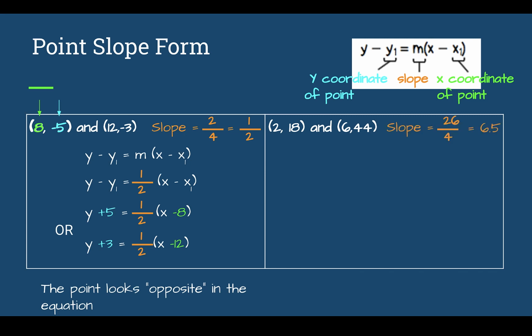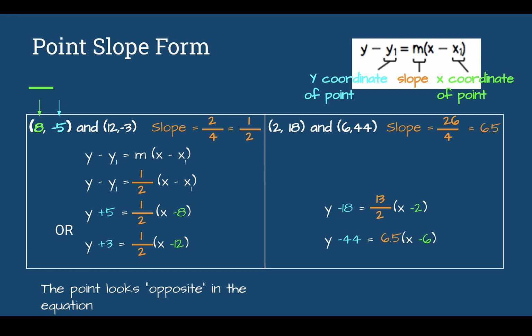Let's check. So the slope, you had to go up 26 and over 4, which comes out to 6.5, or 13 over 2. So if we were to plug those in, we could have y minus 18 equals 13 over 2 times x minus 2, if we use that first point. Or we could do y minus 44 equals 6.5 times x minus 6, if we used 6.5 as our slope